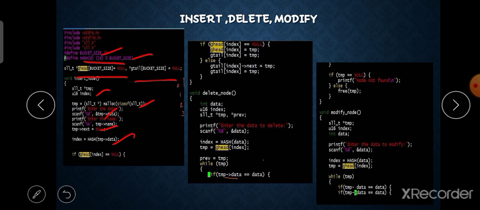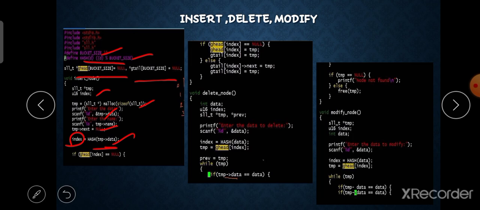Index equal to hash of temp to data means the hash index is where the data is put. So temp to data is going to be the index, hashing the data into the index only.